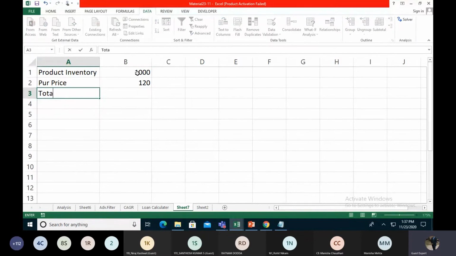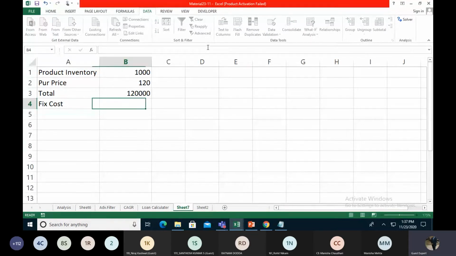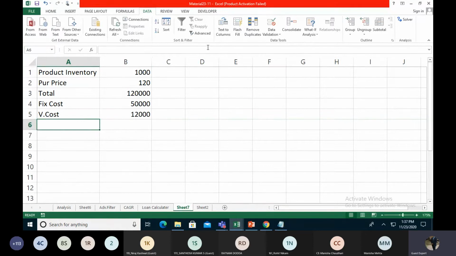So the total is, then after we add the fixed cost, like 50,000 is the fixed cost, and the variable cost, make the total.